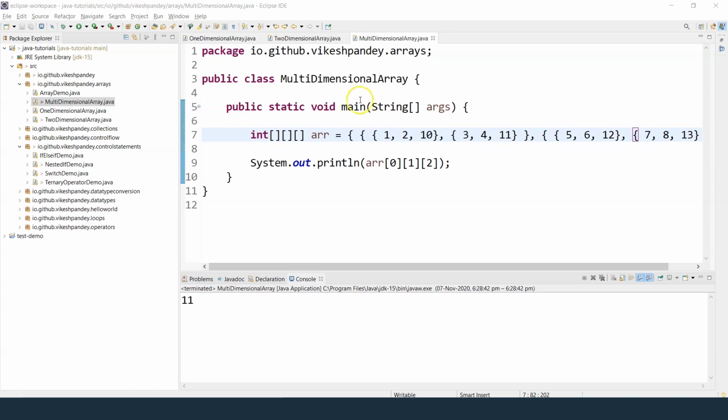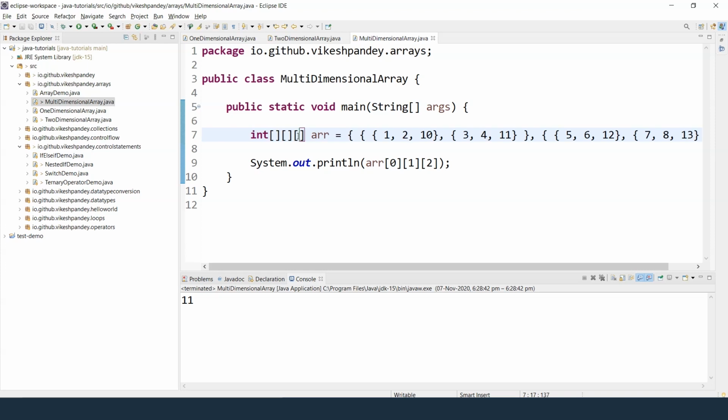For that, I have created this class, which is called MultiDimensionalArray. It has an entry point method, which is the public static void main method. Then I have created an integer array, and this time, instead of 1 or 2 square brackets, I have 3 square brackets. If you remember, I mentioned this in the previous session as well: the number of square brackets you put while initializing the array is the number of dimensions of the array.